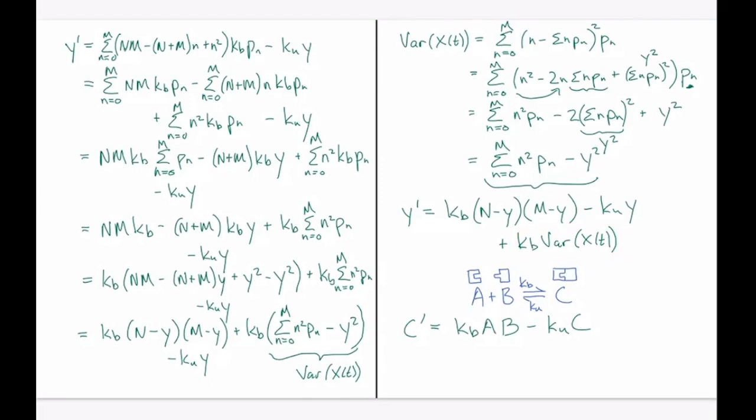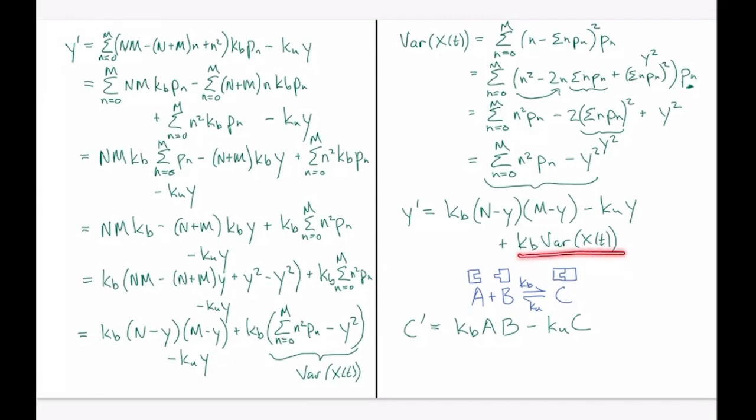That's because the variance grows like square root n, even though the number of molecules grows like n. I won't go into the details, but generally people trust that they can ignore this term because the variance is small relative to the number of molecules involved. But if you're looking at reactions at low numbers,